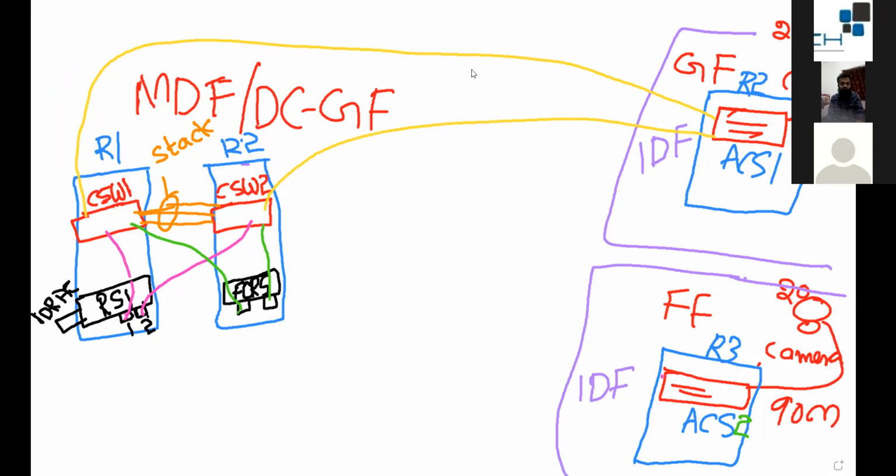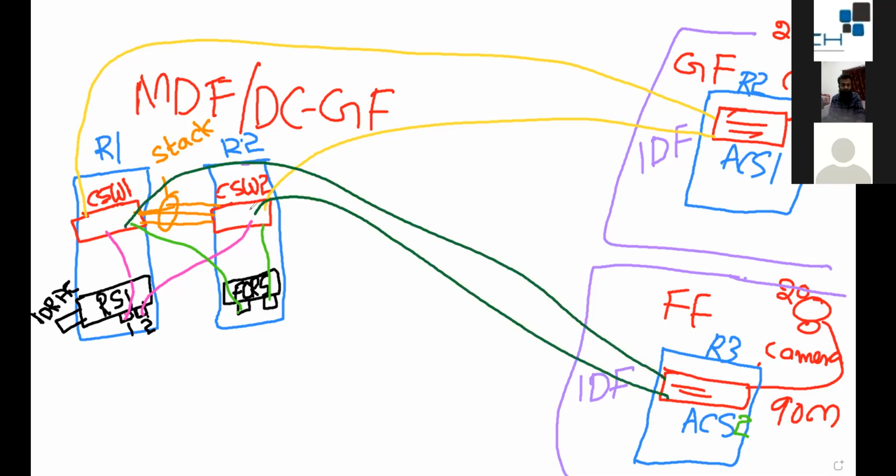I'll use a different color, by the way. One to here, and one to here. So this is the first switch.